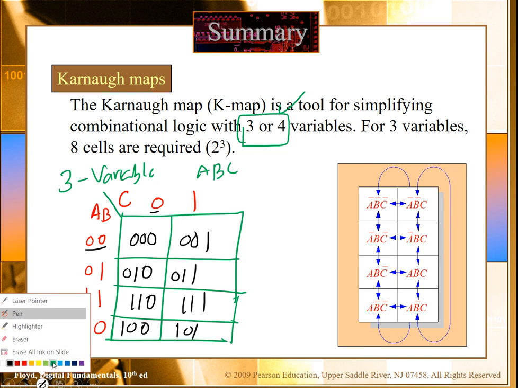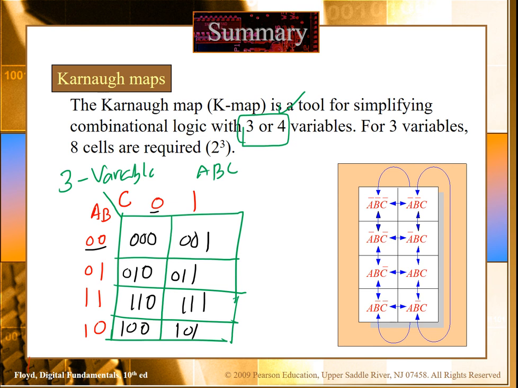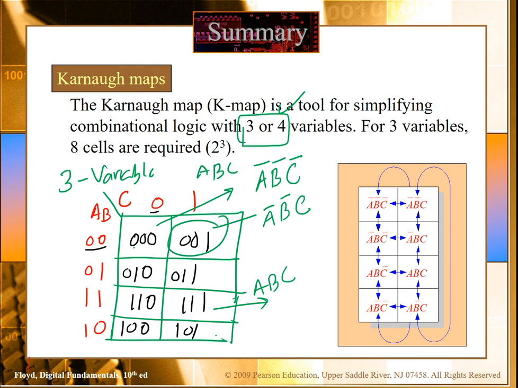In the 3 variable system, these are the possible combinations which we can get from the different combinations of A, B and C. Basically this is 0 0 0, and if you want to write it in variable form, I can write this as A complement, B complement and C complement. If you want to write this one, it will be equal to A complement, B complement and C. Similarly, if you want to write this one, it will be equal to A, B and C.